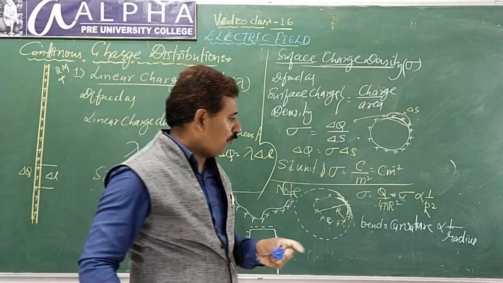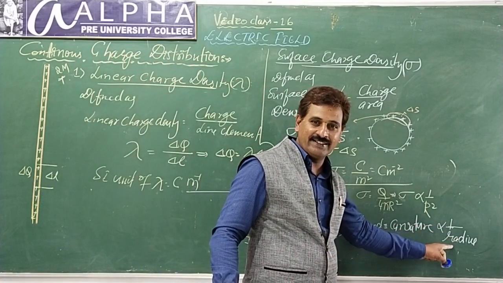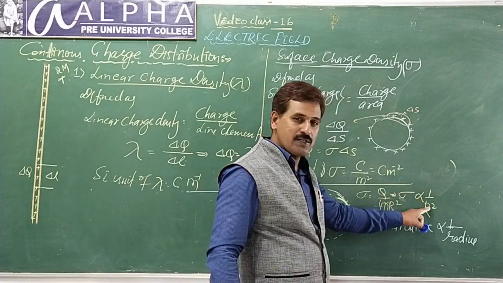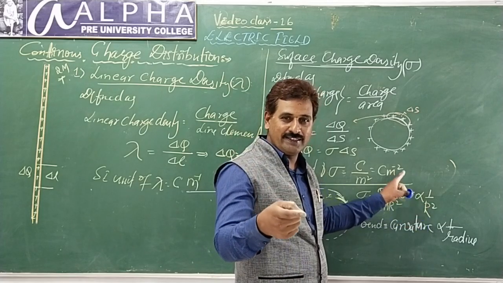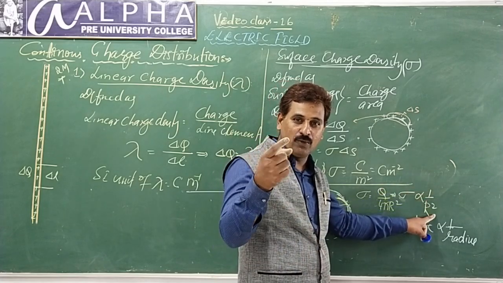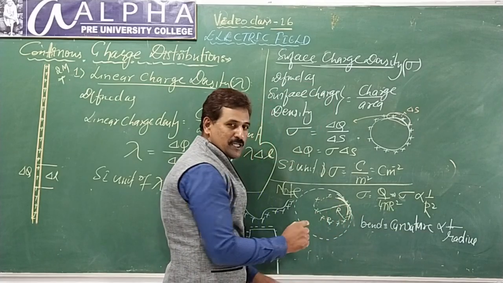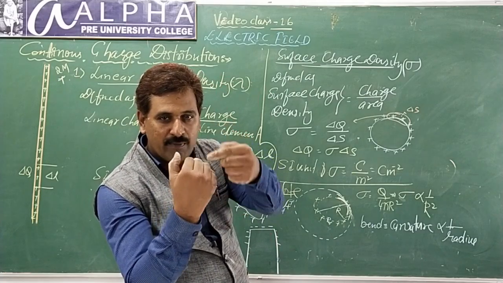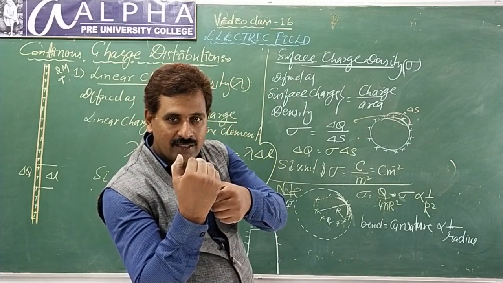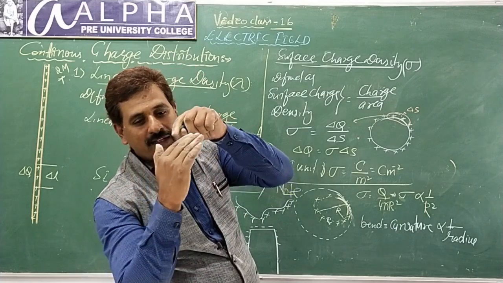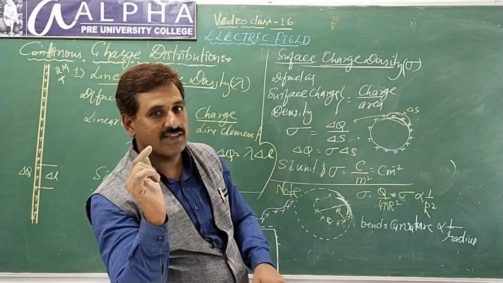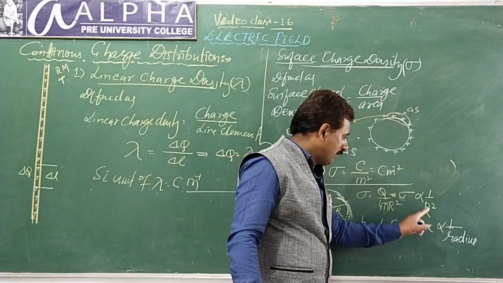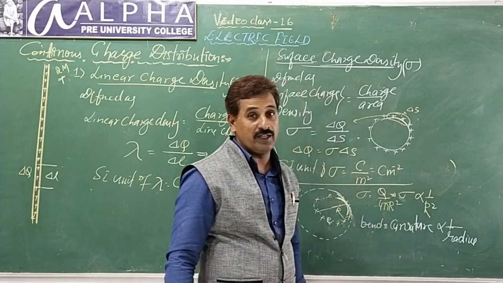That's why more curvature means less radius. More curvature, more density. See, density is inversely proportional to radius. Radius more, density less. Radius less, density more. For radius to be less, curvature must be more. See here, bending more becomes a small sphere, radius less. Bending less, look here, large sphere, radius more. That's why curvature is inversely proportional to radius. More radius, less density. It's a very, very important idea.